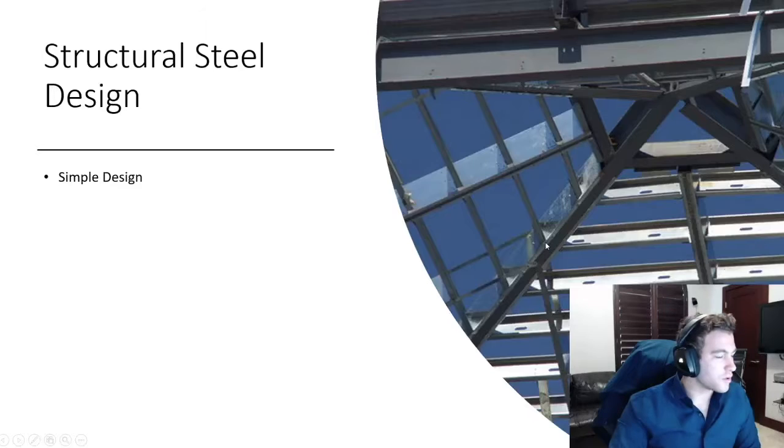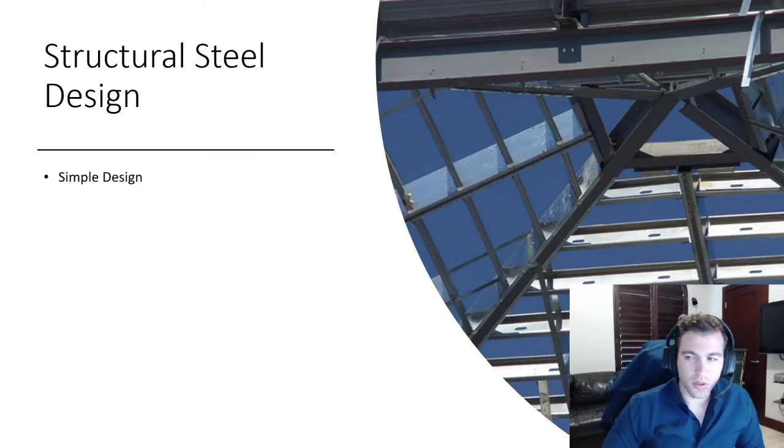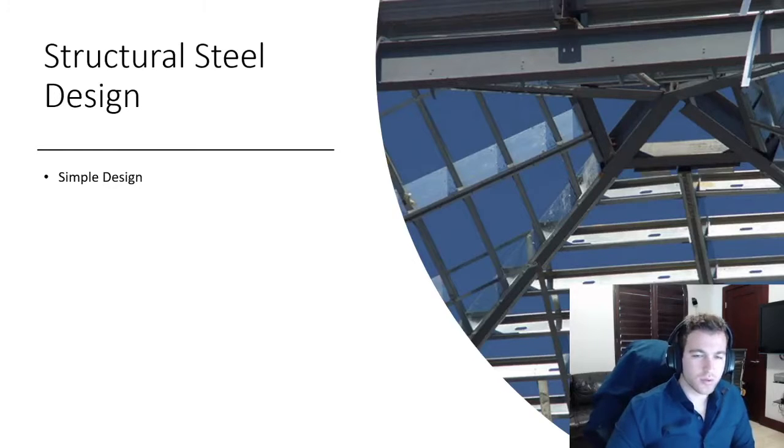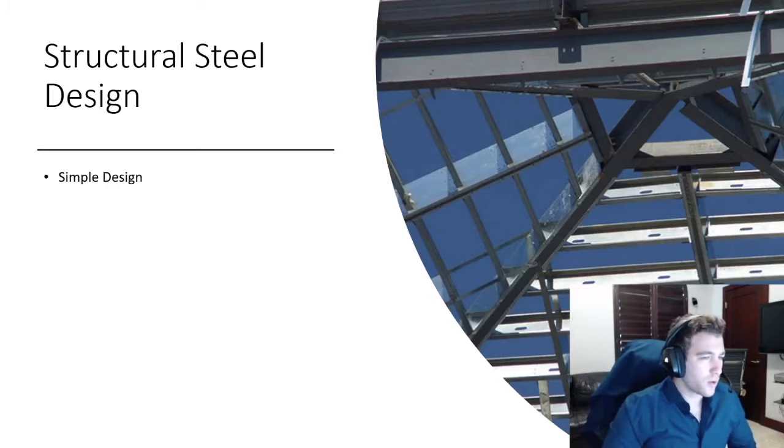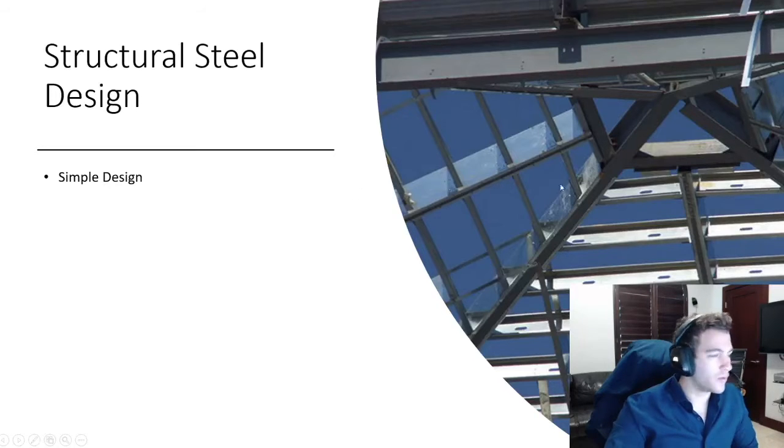Among other material construction methods, there is the structural steel design. More importantly, we're going to be talking about its simple design aspect, which is the most traditional approach, and it is still commonly used. It is assumed that no moment is transferred from one connected member to another. The resistance of the structure to lateral loads and sways is usually ensured by the provision of bracing. So proper bracing of each member will ensure that everything is connected and everything is basically just one structure, which enhances its strength, and that will be what the video is about today.